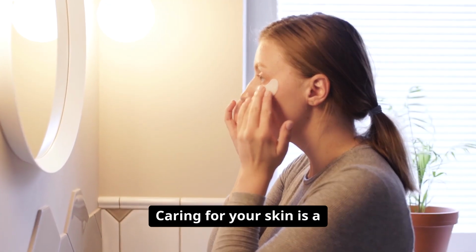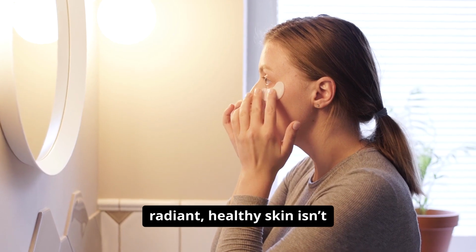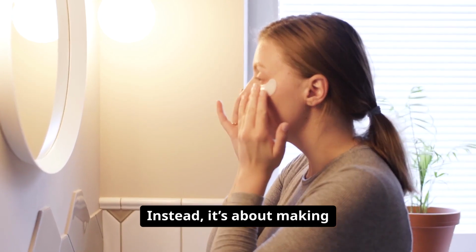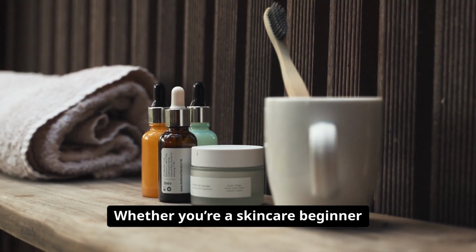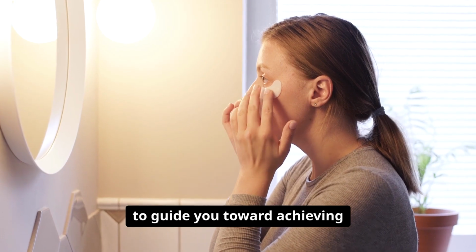Caring for your skin is a lifelong journey, not a destination, and achieving radiant, healthy skin isn't about one miracle product or a complicated regimen. Instead, it's about making conscious, everyday choices that support your skin's health and vitality. Whether you're a skincare beginner or a seasoned enthusiast, these 50 tips are here to guide you toward achieving your